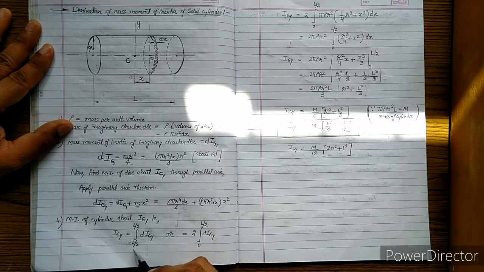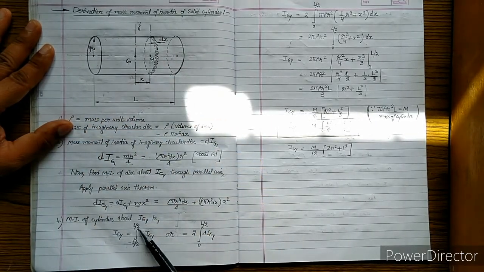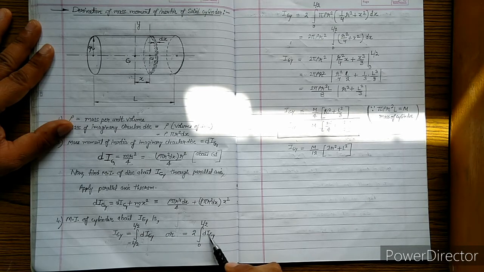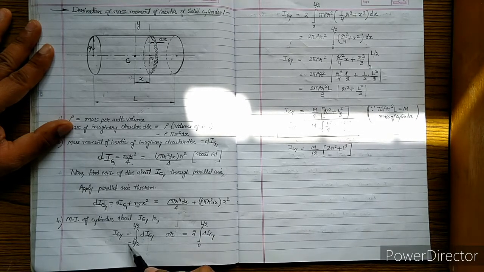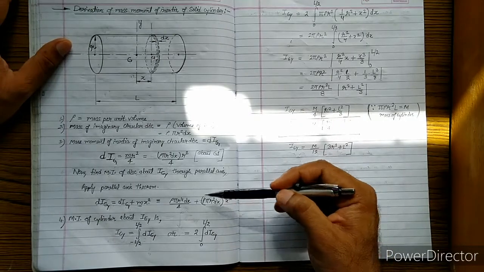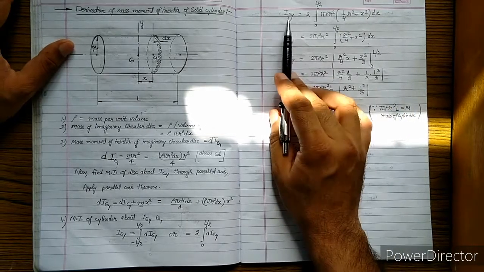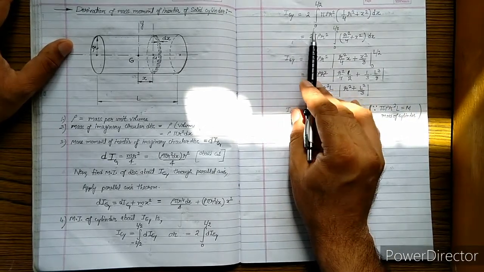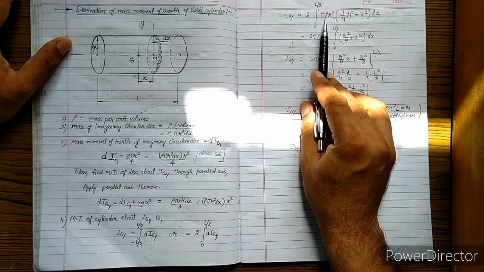Or we can say that on both sides the distance is the same, so we can replace the minus L by 2 limit by 0 to L by 2, and we will multiply that by 2. So both are the same. In order to get rid of this negative sign, let us solve with this particular value. So let us solve this further. What we will do is put the value of dIGY, that is this value, in this integration. So over here it is written IGY is equal to 2 times the integration from 0 to L by 2 of pi rho r square.